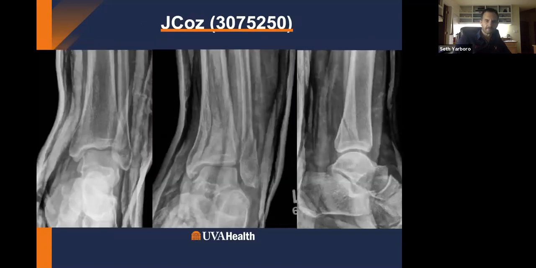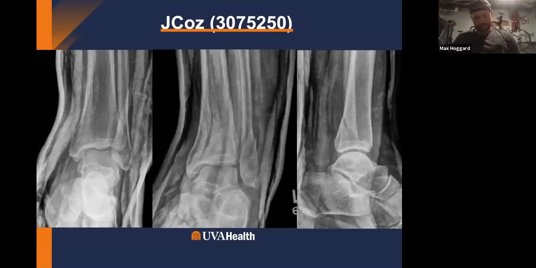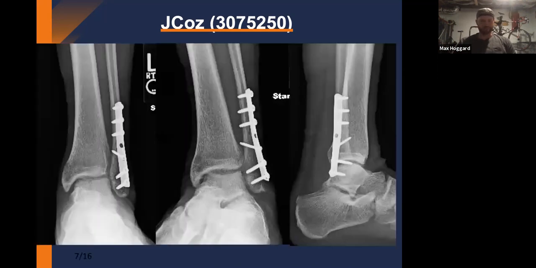Yeah, good job. So, reduction x-rays there. You can see we've got the talus back under the mortise. It looks a little bit more normal as far as alignment goes. And so like Dr. Yarboro said,